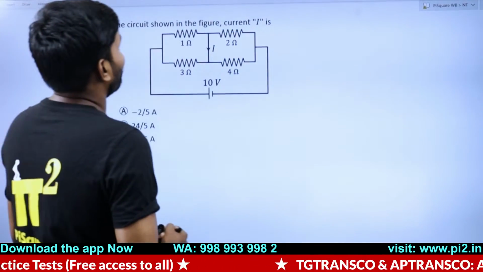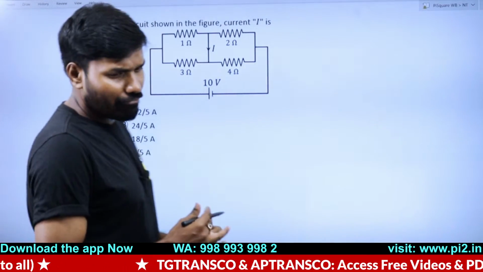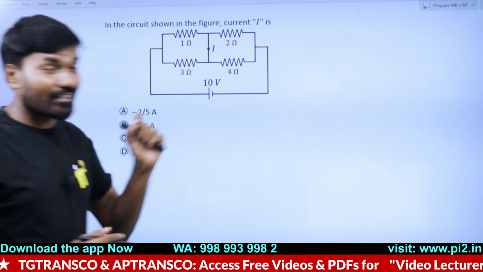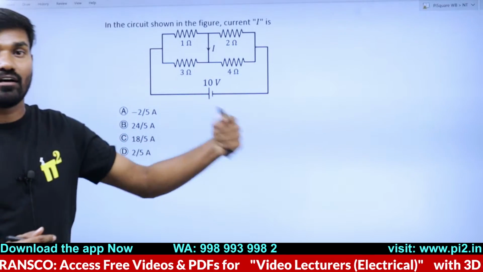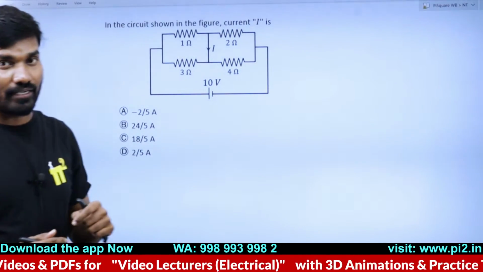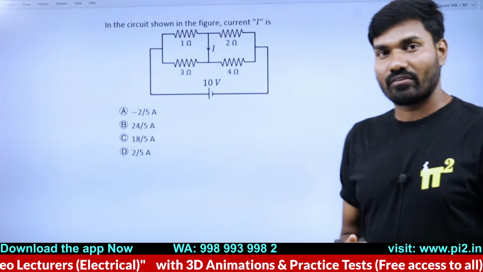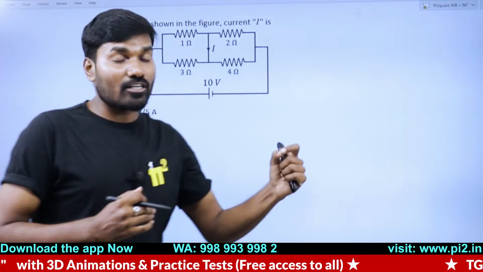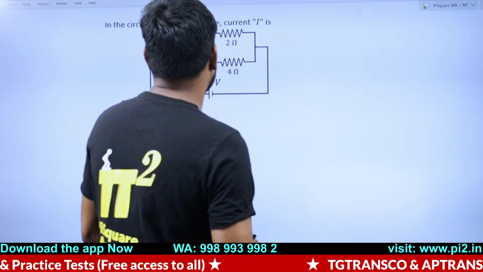In the circuit shown in the figure, the current I is. Look at this, guys. If you go for finding out the specific answer, it's not a fill in the blank question. If it is a fill in the blank, then you may have to go for solving the question. Now the way Sampath has said, he looked at the options and made a possible guess, and it is right. It has to be right. It's not a wild guess. Let's see how Sampath has made it.